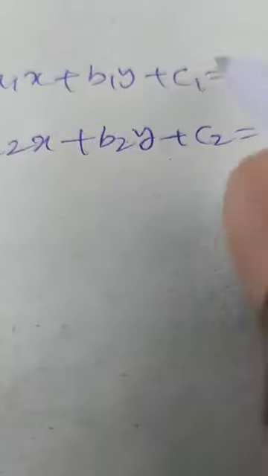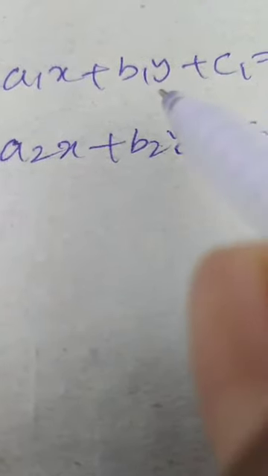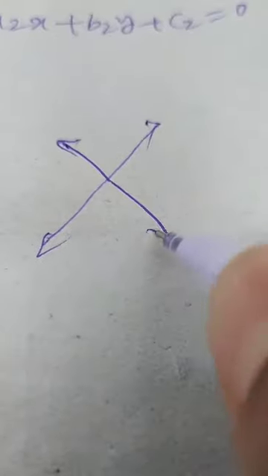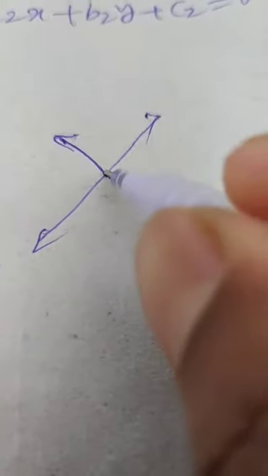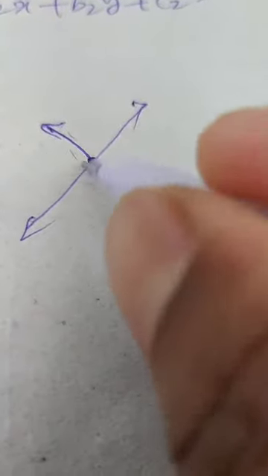And see, if you represent these equations graphically, what will you get? What I said: any linear equation in two variables represents a straight line. This will represent a straight line, and this one also represents a straight line. So when you are drawing two lines on the graph, three cases may arise. The first case: you may get two lines like this, intersecting lines. Two lines may intersect like this. At that time they intersect at only one point.